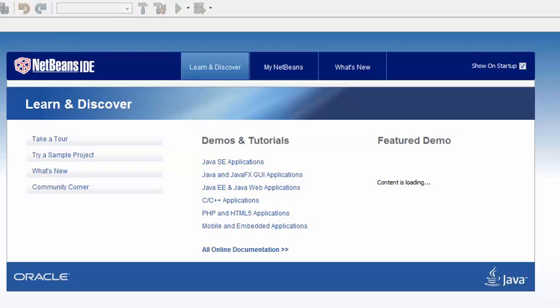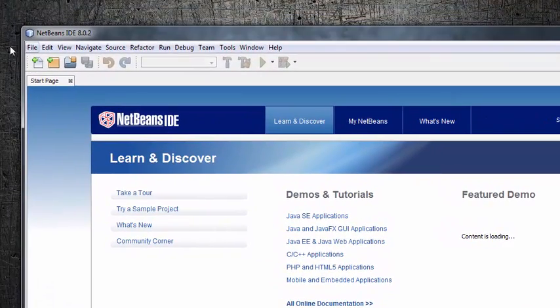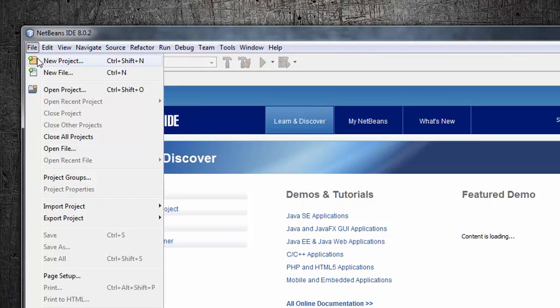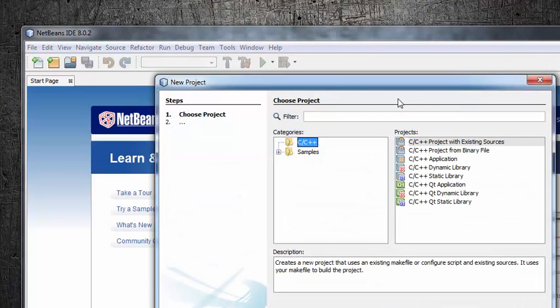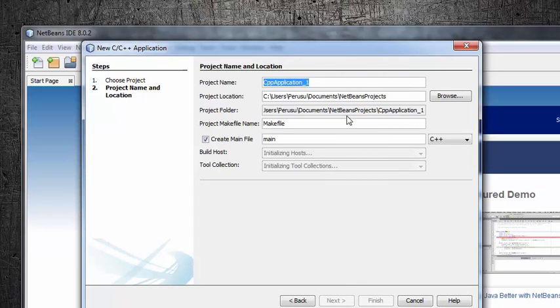So here comes our fresh NetBeans. Now go to file, new project, click C application, click next. Now name your application.